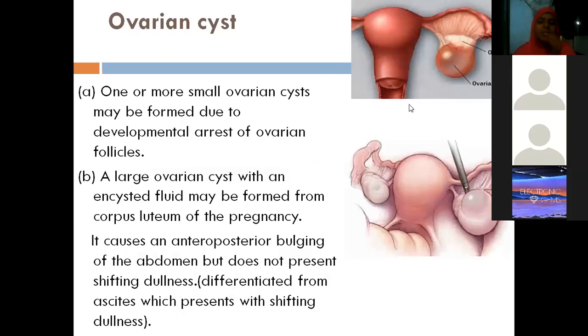That is the commonest cause of infertility in young couples, where the lady will not be able to conceive because of this PCOD. It's a very simple case. This can be easily treated.